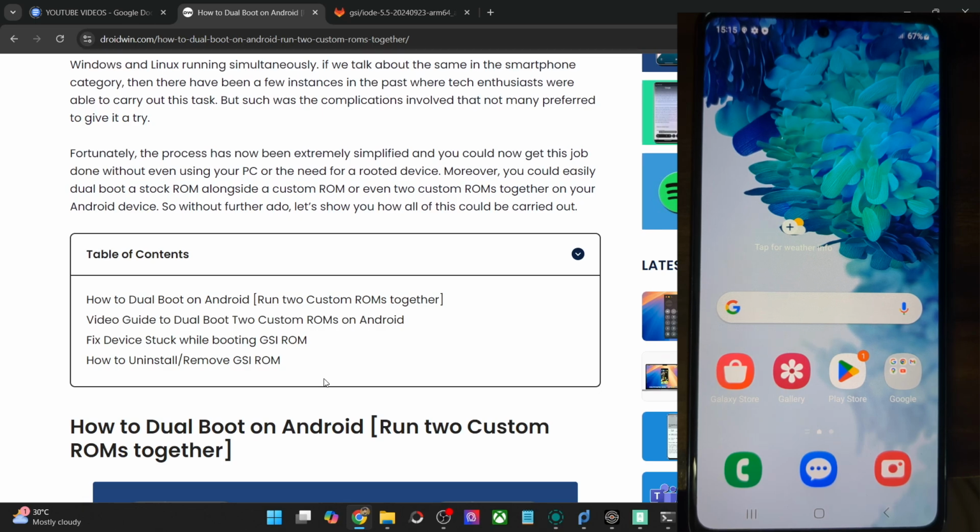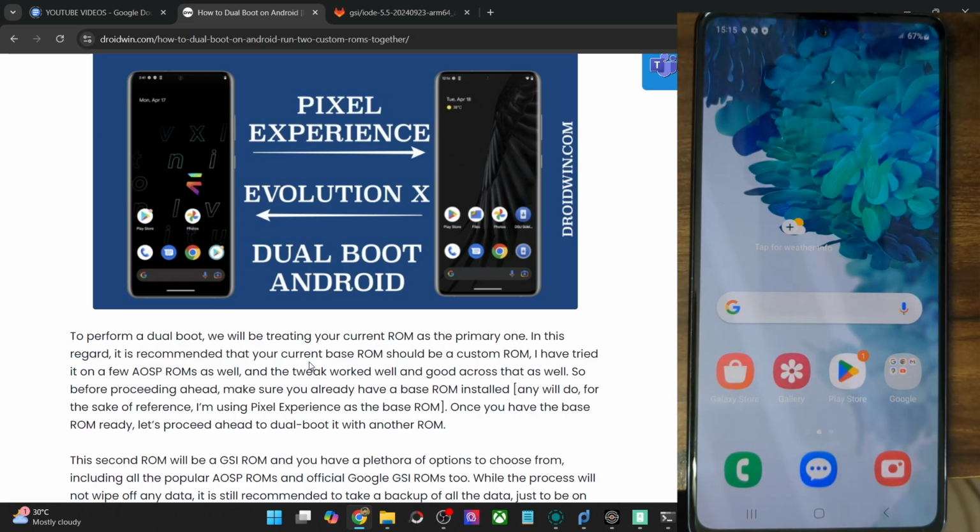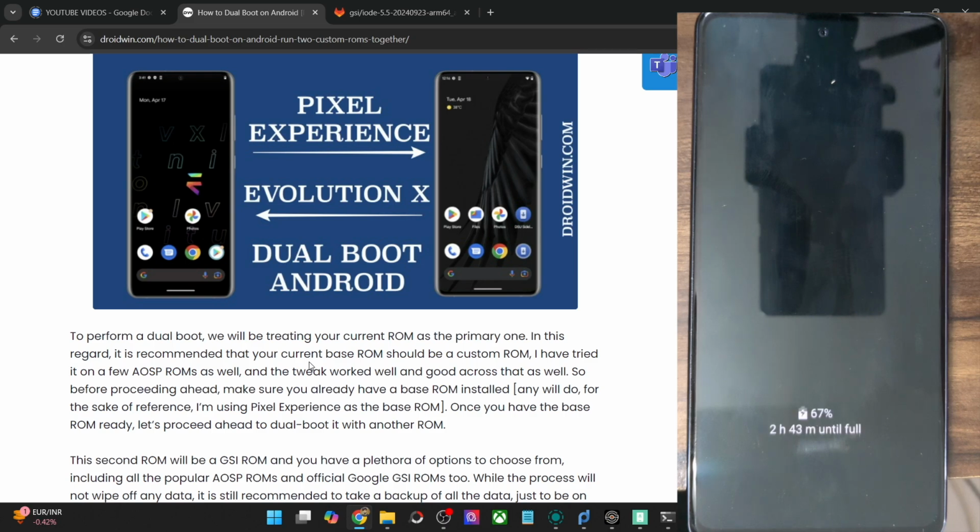In this video we'll show you how to flash the IodéOS ROM based on Android 14 on any Samsung phone. IodéOS is a ROM wherein there are no Google apps and packages whatsoever. Instead, you will get their open source options, so you could easily install the required apps at the setup screen and skip the apps that you don't want. There will be no Google app packages or framework. All of them will have an open source alternative.